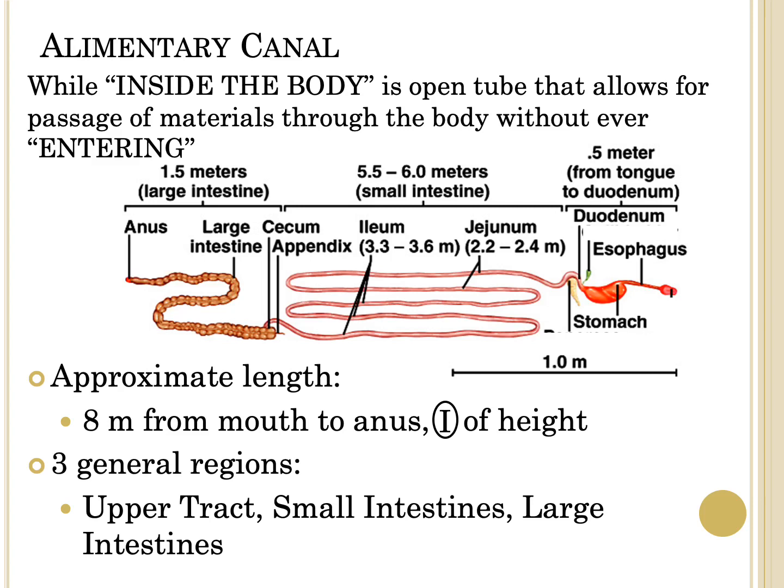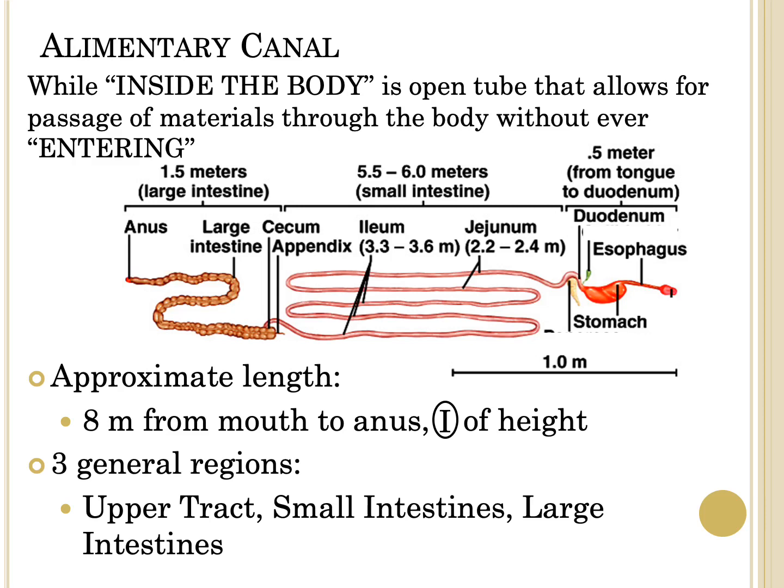In order for food materials to get into the body, they have to be mechanically broken up into smaller components that allow the enzymes to chemically break apart the food material into its monomer and dimer units. We usually do not absorb the polymers within food materials. We typically absorb the monomers and the dimers, and more importantly the monomers, which is why the alimentary canal is broken up into an 8-meter segment of 3 distinct regions.